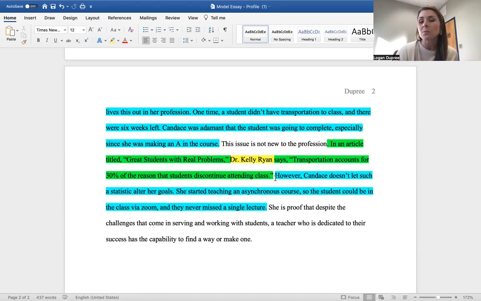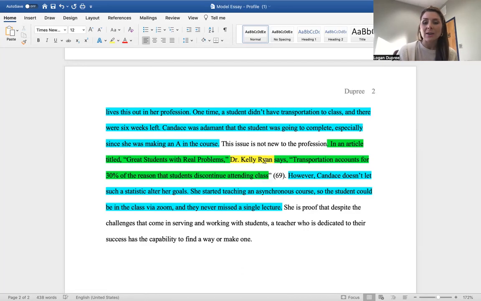Now, I'm going to assume this article had no page numbers, because if it did, then what we would see here would be this. You would see the end of the sentence, the quotations, the page numbers in the parenthetical citation, and a period afterwards. Now, note, there's no period before.